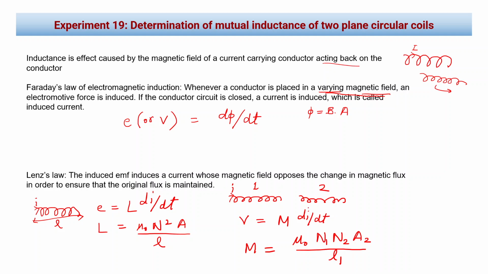Now let's find out the working formula. What will be the induced EMF in the secondary coil? From Lenz's law or Faraday's law, if we ignore the sign and just focus on the magnitude, the induced EMF is the rate of change of magnetic flux. What is that flux? It is the product of the magnetic field and